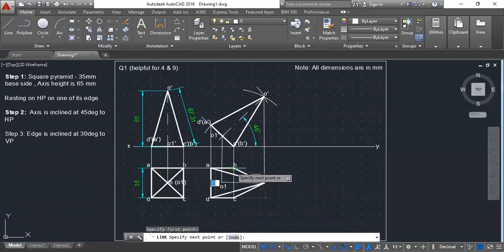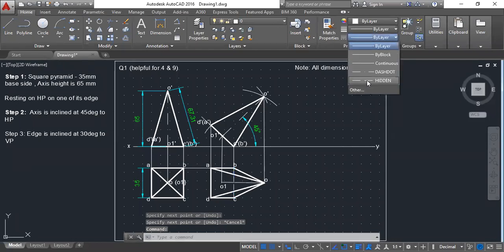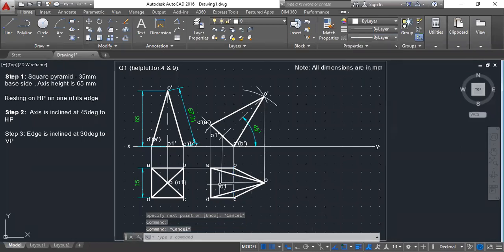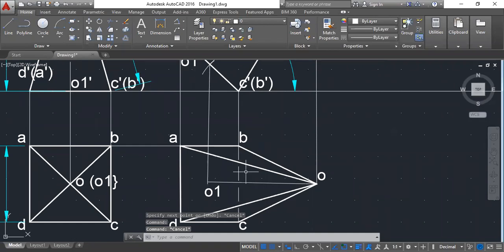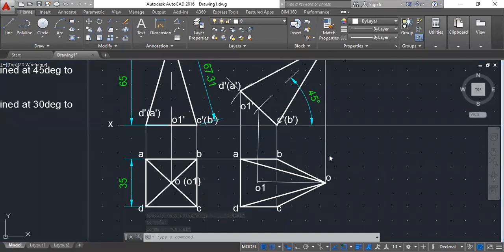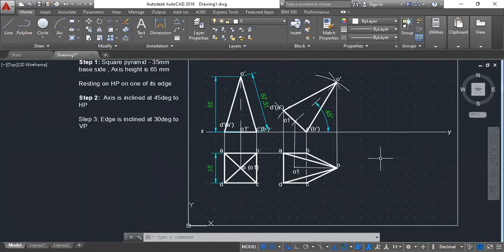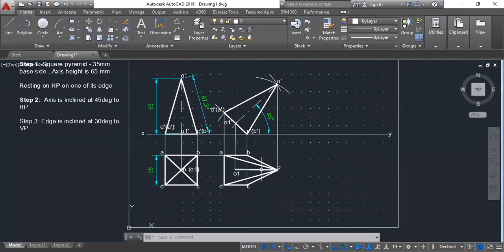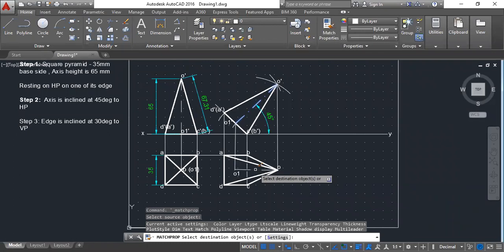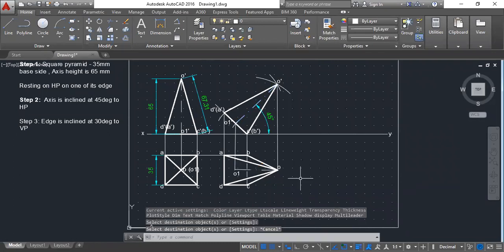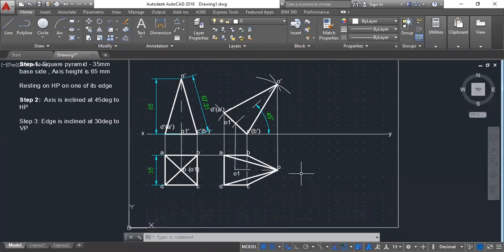So this particular line, we can make it a hidden line. Yeah, so now you can see these are hidden lines here. This is the only line hidden in the question. Now what about the axis? Again, axis has to be this dash and dot line always. There's no option for axis. So now I have found out which are hidden lines, which are continuous lines, and which are axis lines. So this is how I complete my step 2.